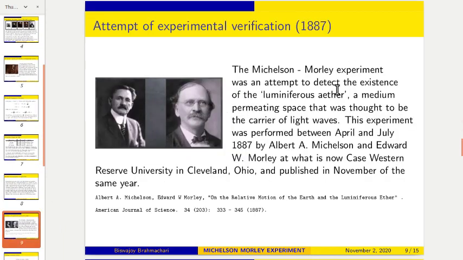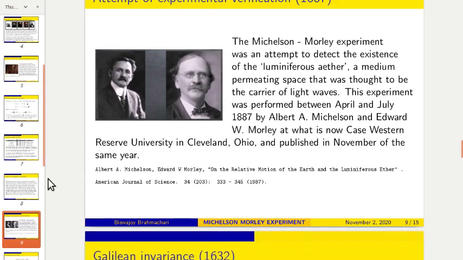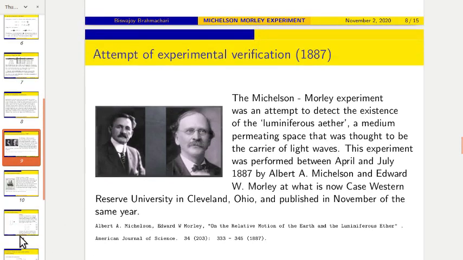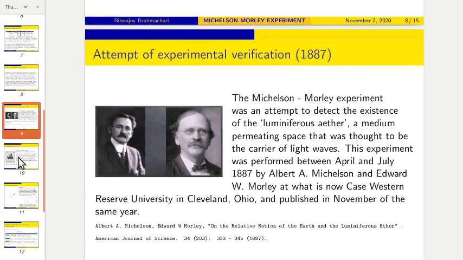Okay, so this is a transparency that we have seen. Michelson-Morley in 1887 designed an experiment to see the properties of ether. But to do so, Michelson-Morley used the concept of relativity, because their interferometer crucially depended on relativity. But at that time Einstein's relativity was not there, so Michelson-Morley used Galilean relativity.